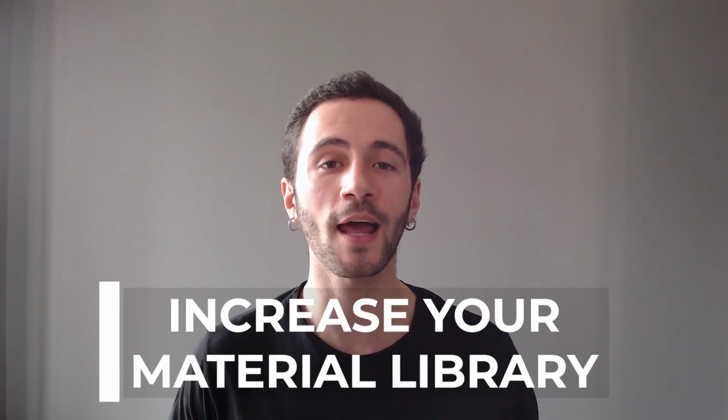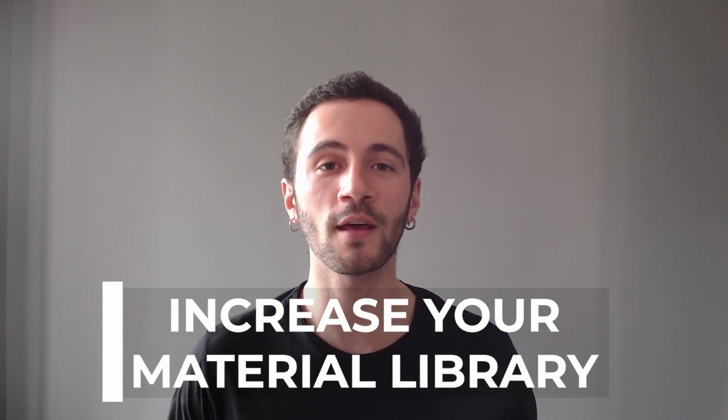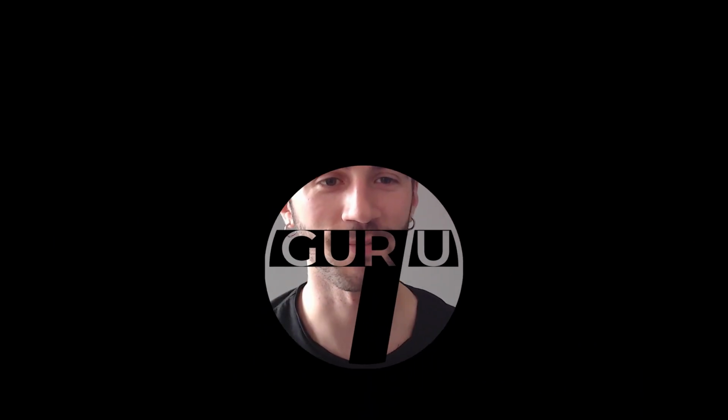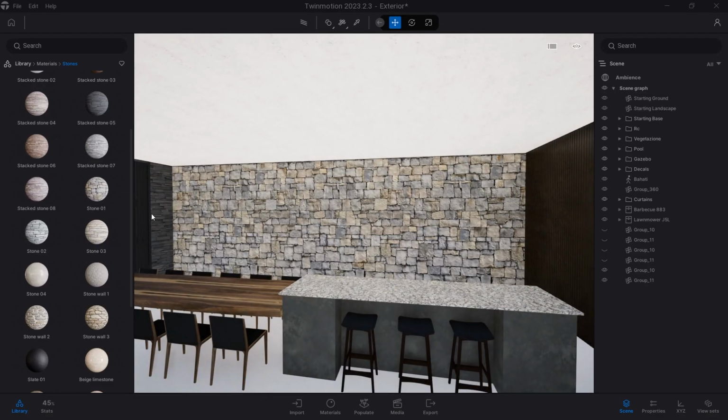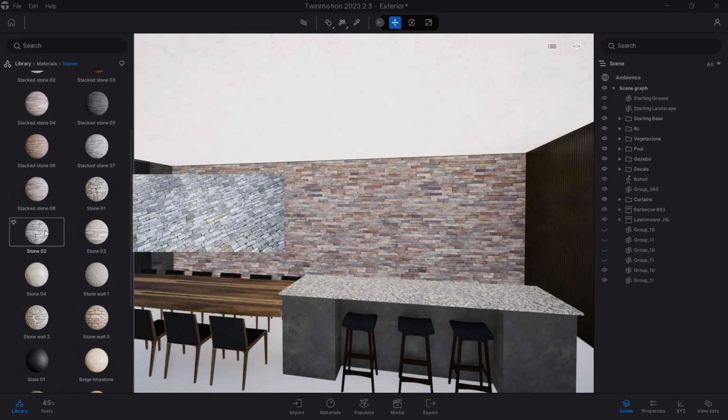I hope it's alright, and in today's video I'm going to show you how to increase your material library inside Twinmotion using really a few tricks. So let's get started. First of all, you have to know that Twinmotion's library really has thousands of materials, all